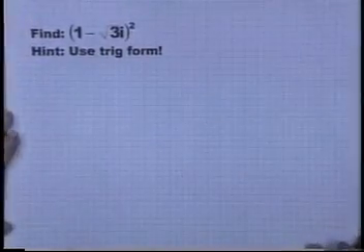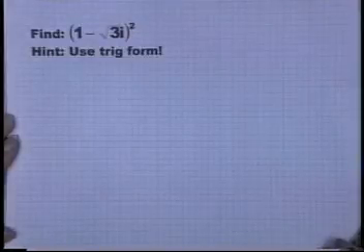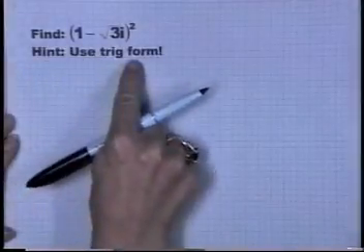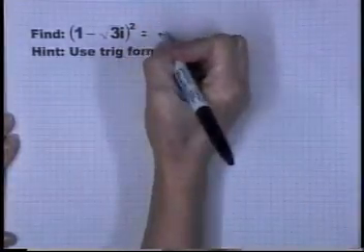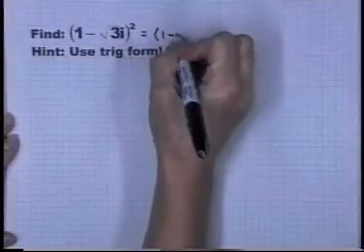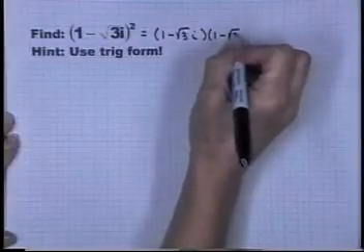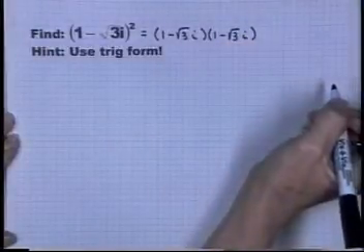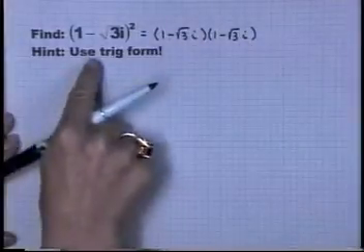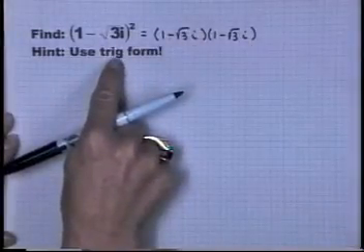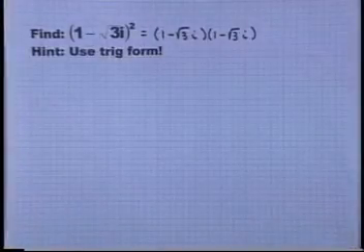We want to find 1 minus the square root of 3 times i, quantity squared. And I have a hint here to use trig form. I want to remind you, first of all, that when you square a number, that means to do what? It means to multiply that number times itself, doesn't it? So quantity squared means I'm going to multiply this complex number times itself. Let's put this number in trigonometric form, and then we're going to look at how we're going to find the